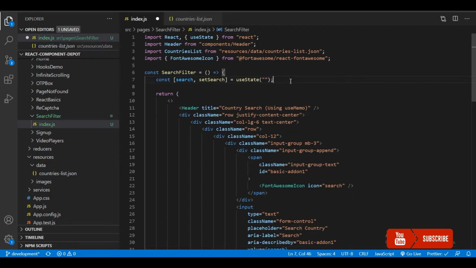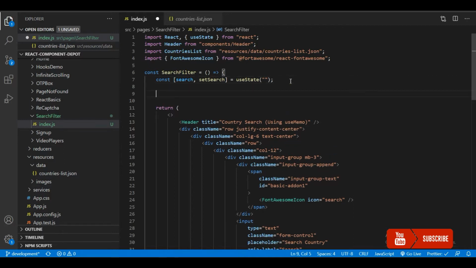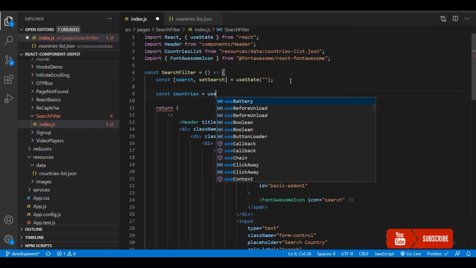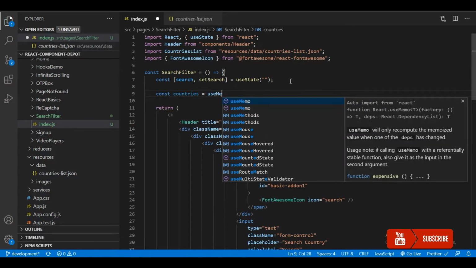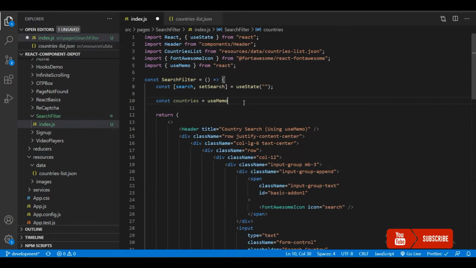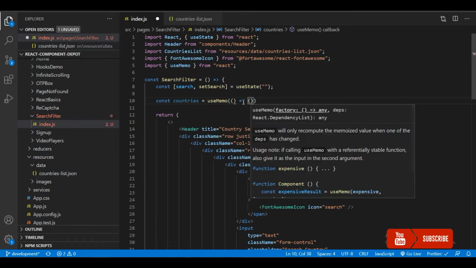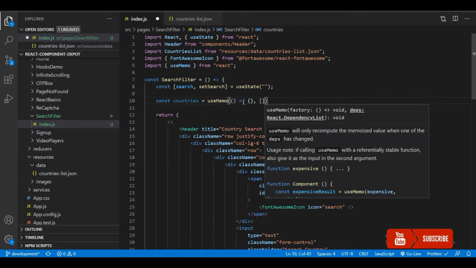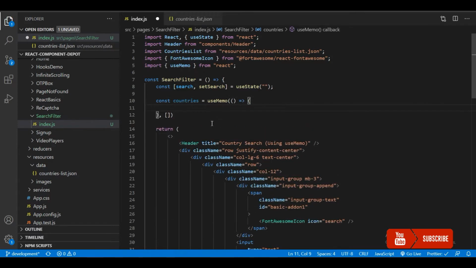So once this is done, let's move on to build our search functionality here. For this we will be computing the search, and we'll pass it inside the useMemo callback. So I'm going to use the useMemo hook here, which accepts two parameters. First is the function, and the second one is the dependency array. So whenever the dependency array changes, this will be computed. Unless something changes, the computation will not happen on every re-render of this component.